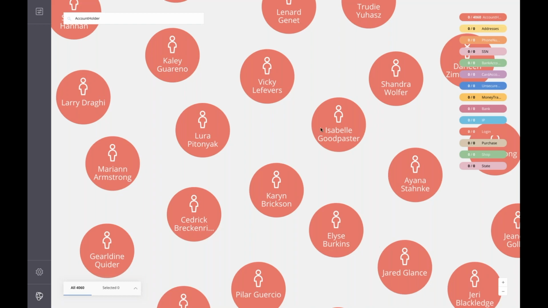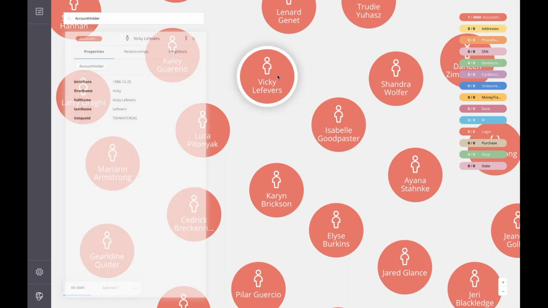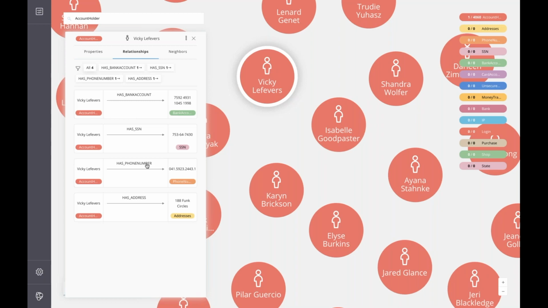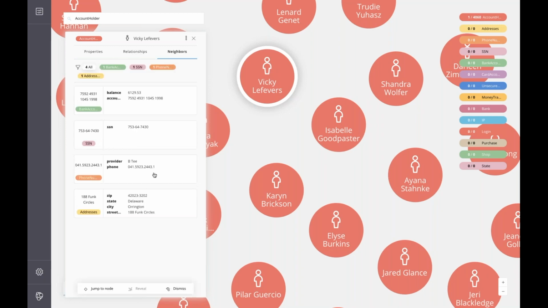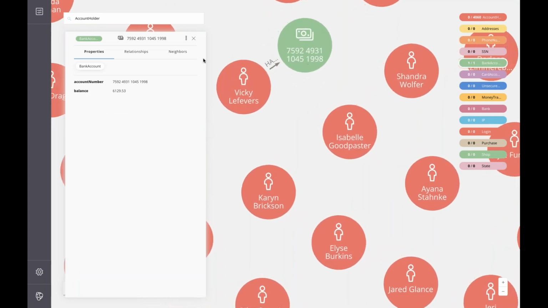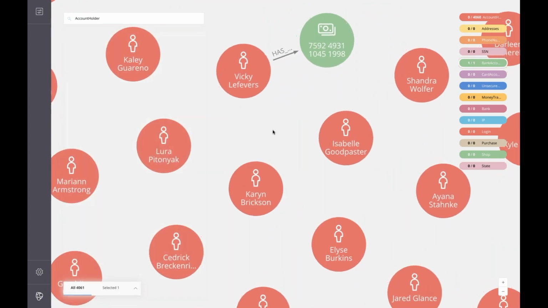So what I can do is I can click on any one of these. Let me pick Wiki Lefebvre here, and I double clicked on that particular node, and I can see this person's details. I can see relationships that this person has to other nodes, and I can also see the nodes that it has relationships to in terms of its neighbors and some details about them. And I can continue my exploration this way. I can double click on this particular node and see that detail, and that node also shows up here now. And I can do it this way,